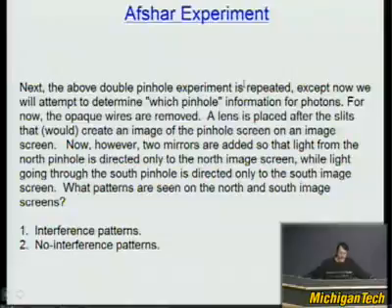So that's the idea. The way they do this is they want to go through progressively more complicated experiments. After that simple experiment, the double pinhole experiment is repeated, except now we will attempt to determine which pinhole information for the photons. For now, the opaque wires are removed. A lens is placed after the slits that would create an image of the pinhole screen on an image screen